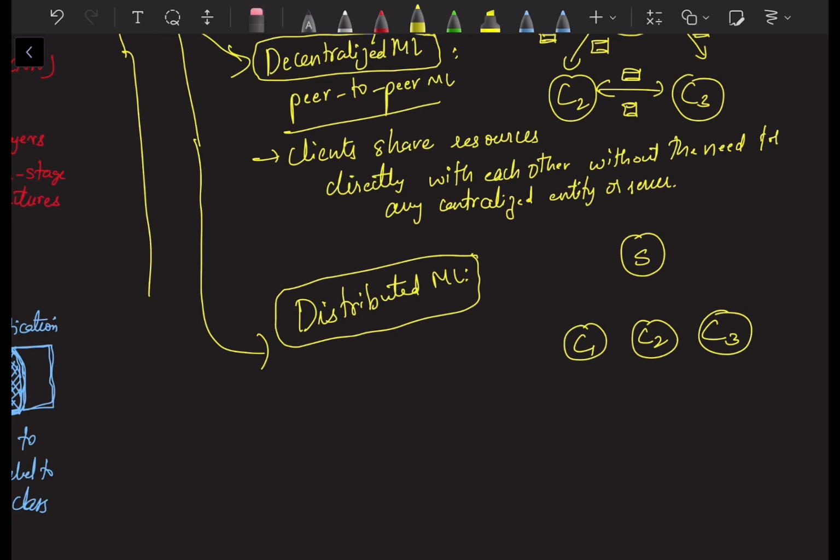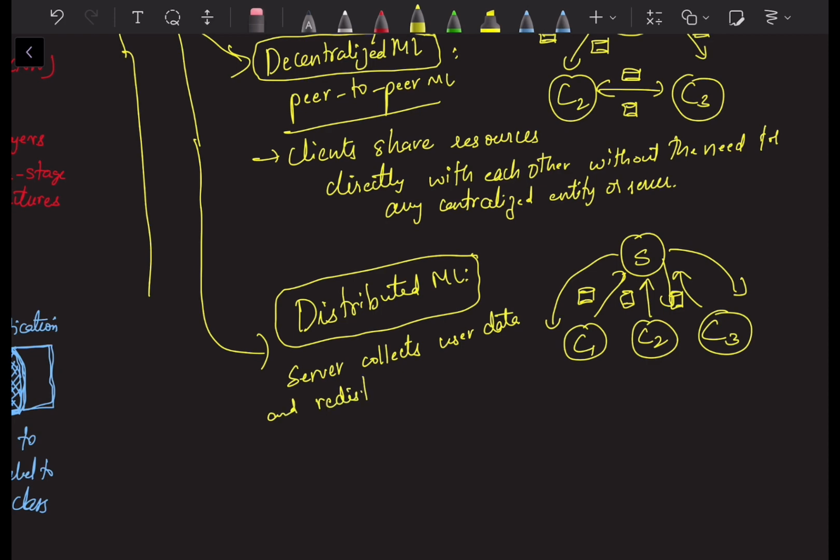Here the server definitely collects the data, but it again tries to redistribute the data. So the server collects user data and redistributes them to other